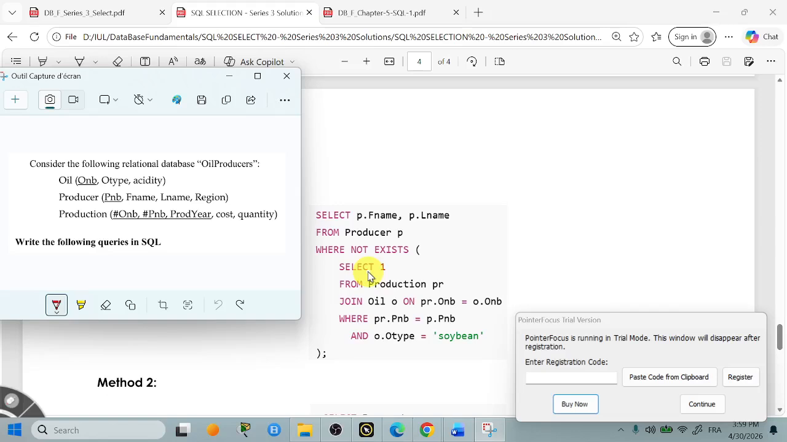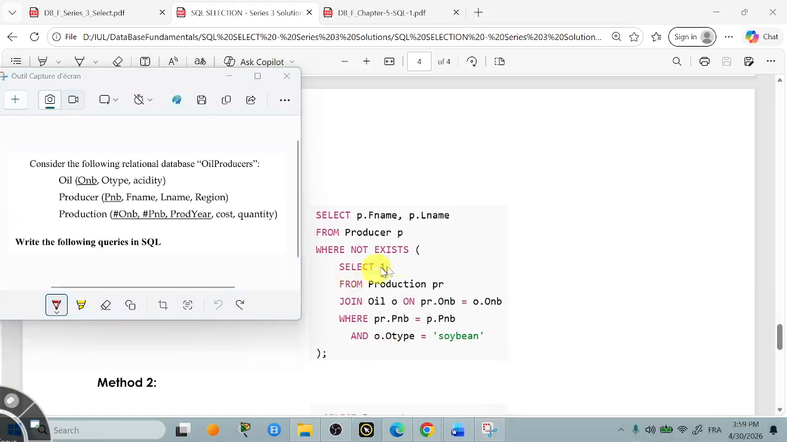all producers that produce the soybean, and then not exist. Also, this is nice because here where not exist means that it does not exist in this. How can we do it? Select one from production PR. You will select from production PR here,